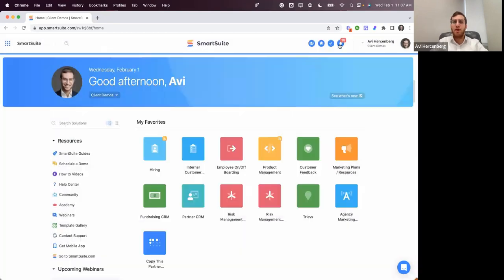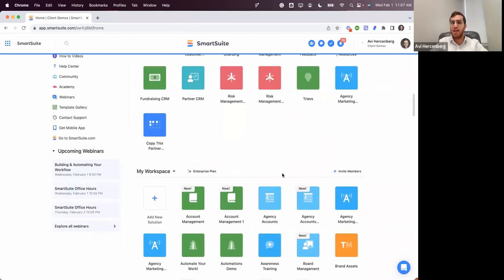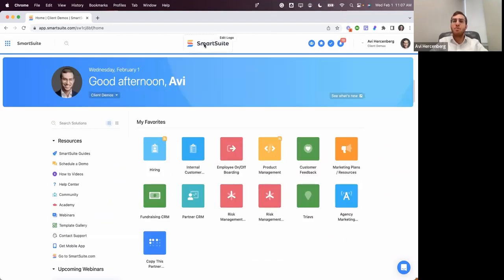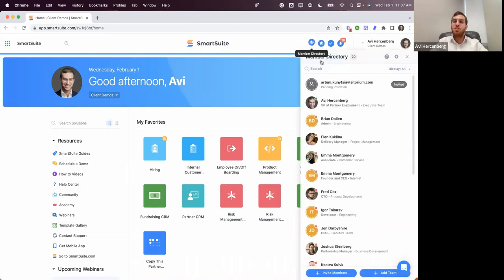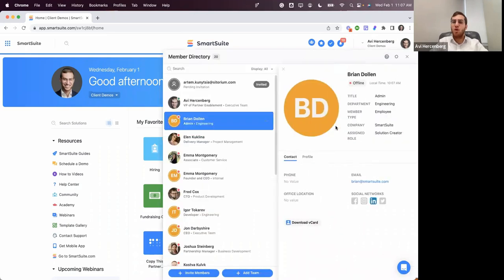And so this is a very powerful search bar that will search across the entire workspace if you're trying to find an item and you're not sure where exactly you put that item. Up top over here is obviously your logo. It can be customized. SmartSuite has a member directory, which will show you all your employees or members within your